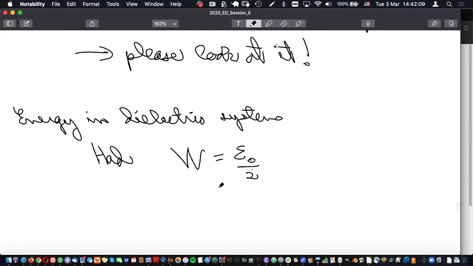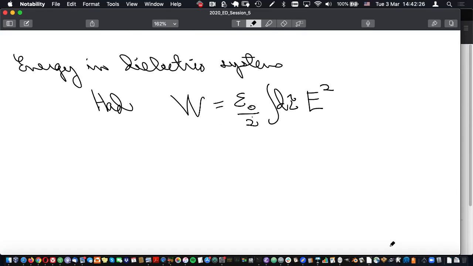Now, the result of this was that if we just had these point charges generating electric fields, then we would integrate over the volume of our space the electric field squared. That was the energy, as if the energy was contained in the field. And the case in presence of dielectrics,